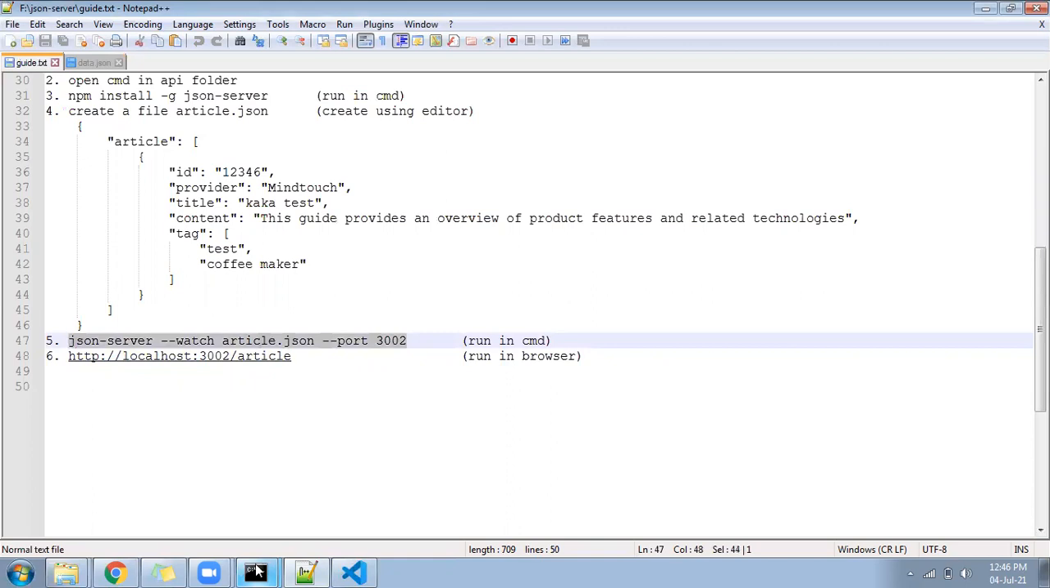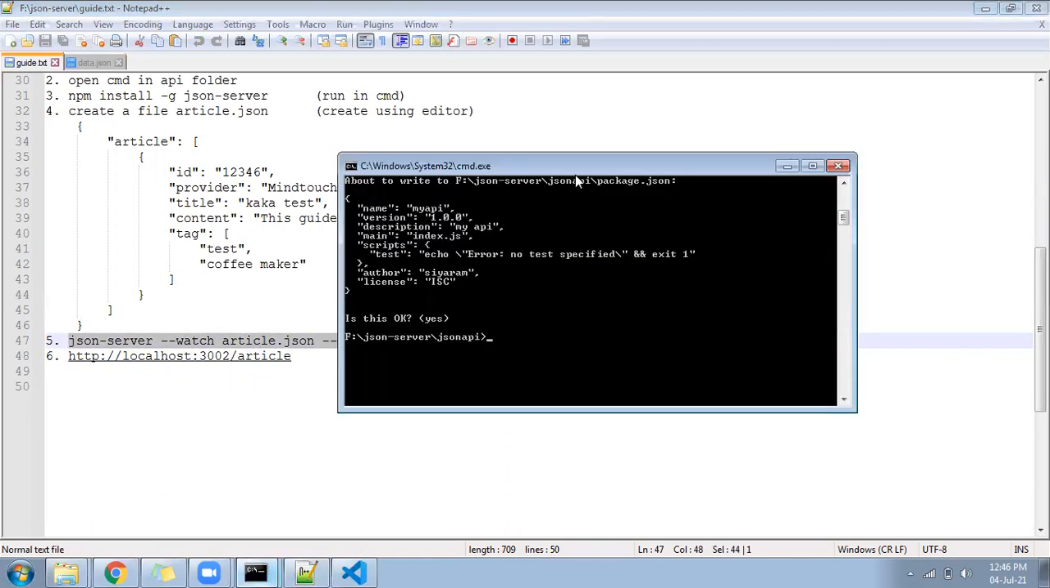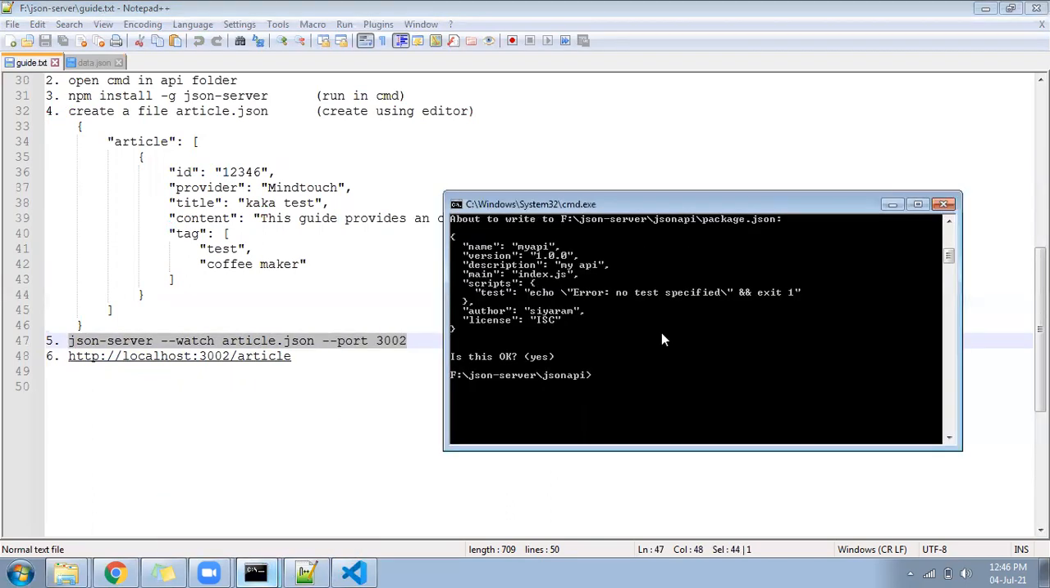Okay, or let me type here. The command you will be writing is json-server. We are going to start the server: json-server --watch